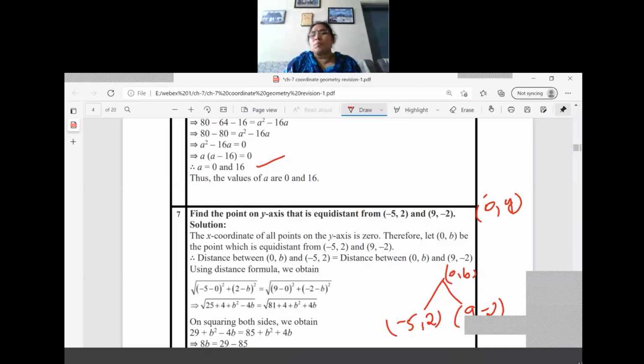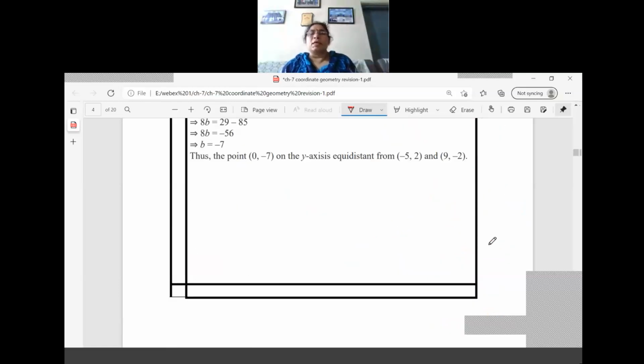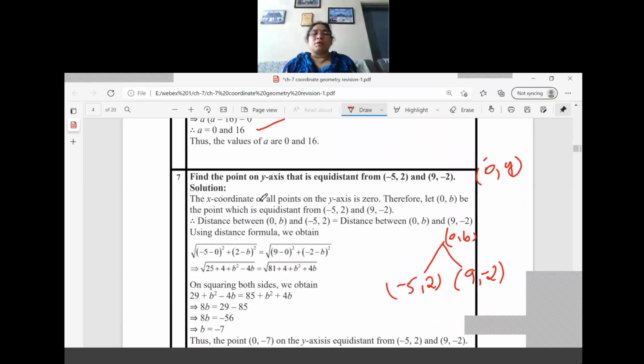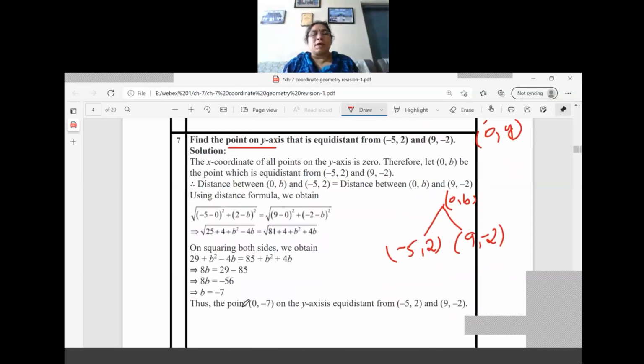So if you know the formula thoroughly, you can do this type of questions very easily. If you check the sample paper, questions were also asked based on this concept. So (0, y) is the coordinate we have taken for the y axis. But one more point I want to take, for point form it is asked, right? So what is the value we are getting here? B equal to minus 7, right? So (0, minus 7) is the answer.